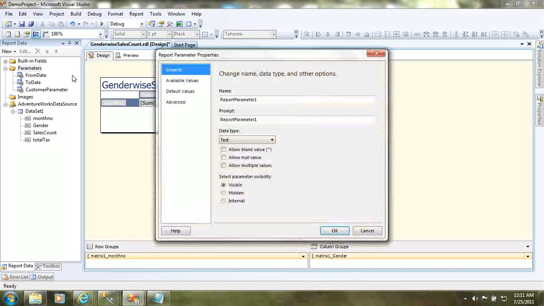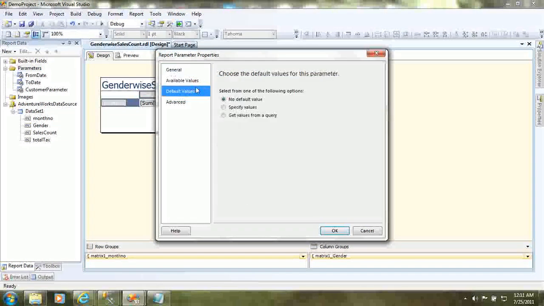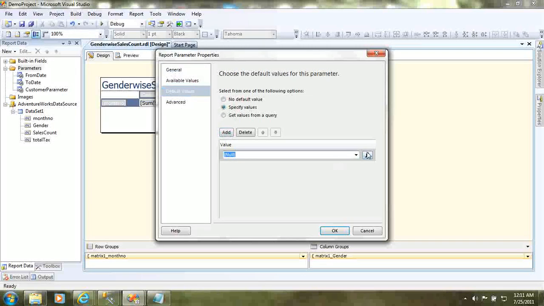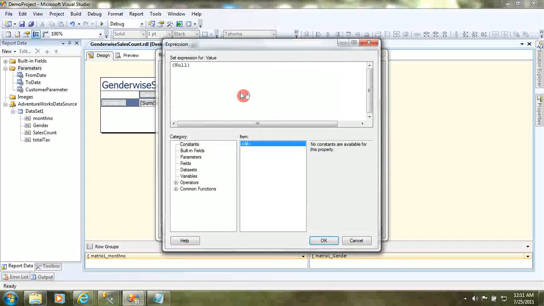Add parameter. I am adding another parameter, custom parameter 2. Here the thing I'm doing is that the user really doesn't need to see what is the value in this particular parameter, so I'm simply marking this parameter as a hidden parameter. The next thing, the default value for this parameter is a specific value that will come from a particular expression,